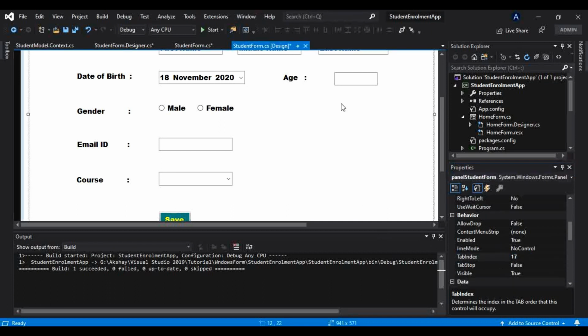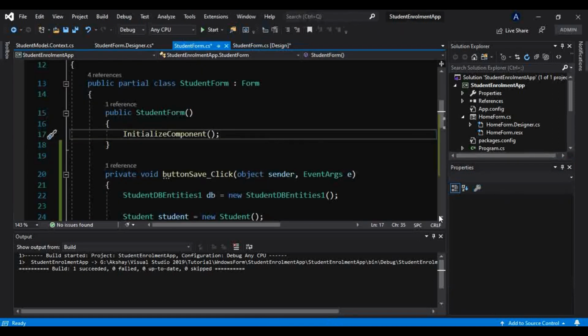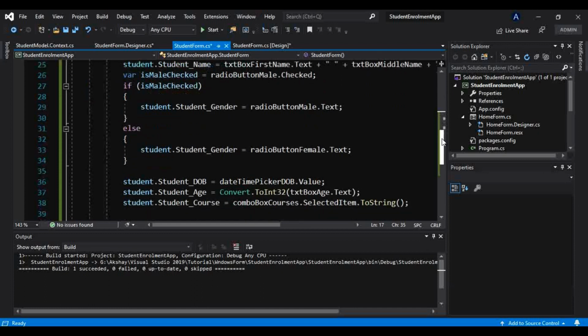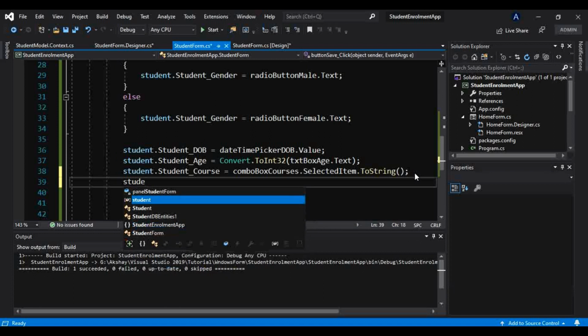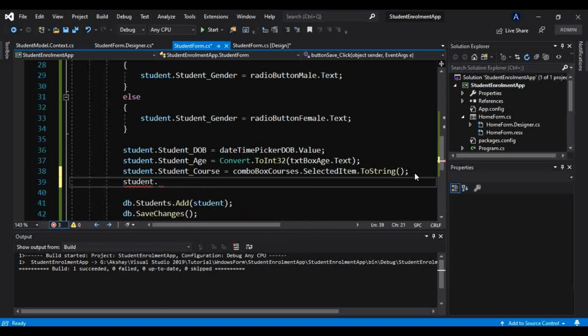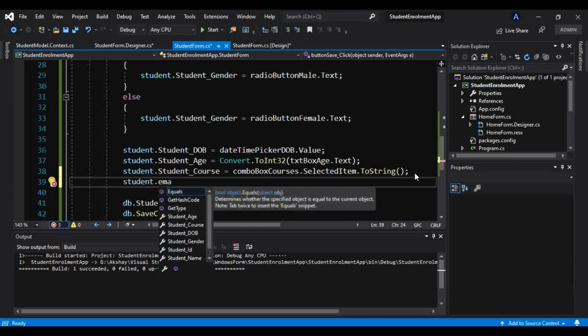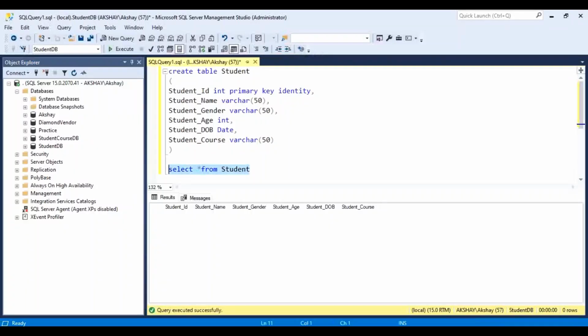Okay, and we will initialize this email ID here as well. We forgot to do that. Okay, so here student dot, okay, so it means we have not taken that in our database. For that we don't have to delete the whole database from here. We can just update this database. And how can we do that?